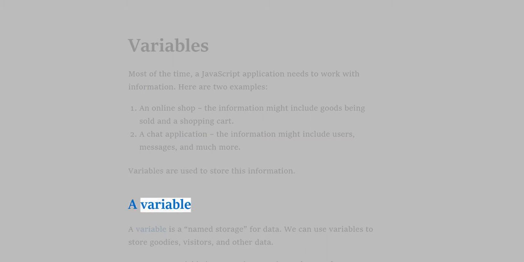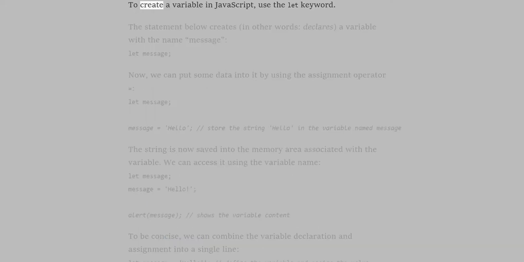A variable. A variable is a named storage for data. We can use variables to store goodies, visitors, and other data. To create a variable in JavaScript, use the let keyword. The statement below creates, in other words, declares, a variable with the name message. let message; Now, we can put some data into it by using the assignment operator equals. let message = 'Hello'; // store the string 'Hello' in the variable named message